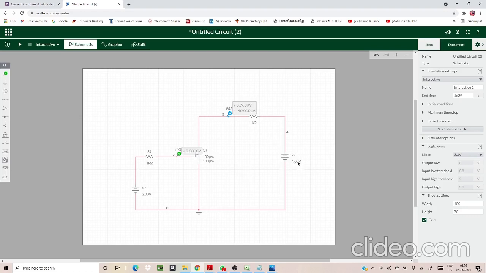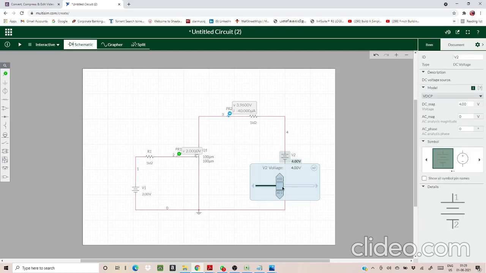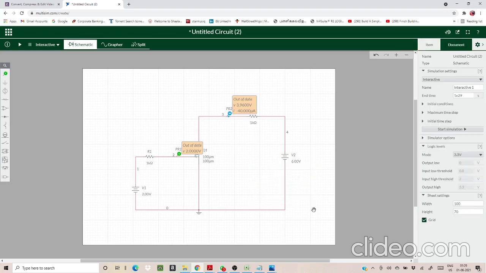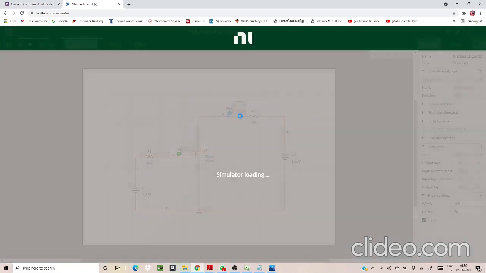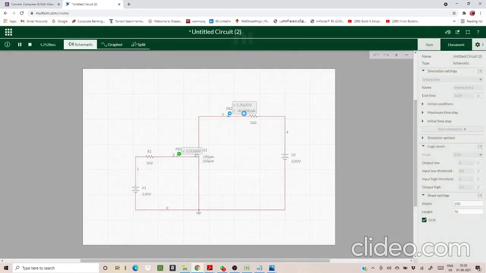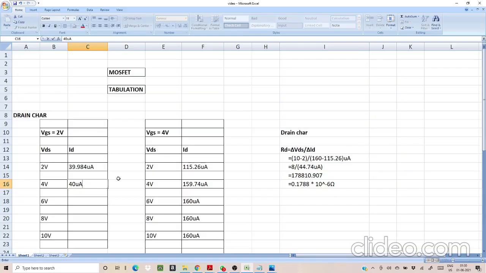Okay. Now I'm going to adjust this 4 volt to 6 volt. So I've adjusted it to 6 volt. Now let us start simulation. So it just stays near the 40 microamp. Okay, just note down the value.